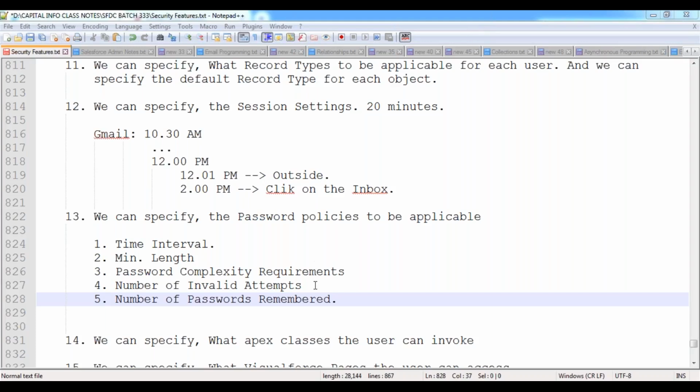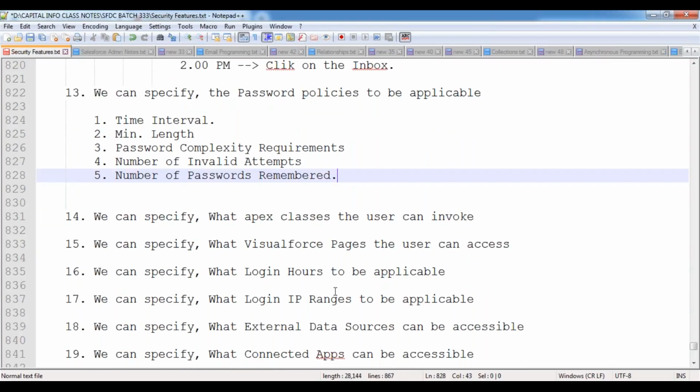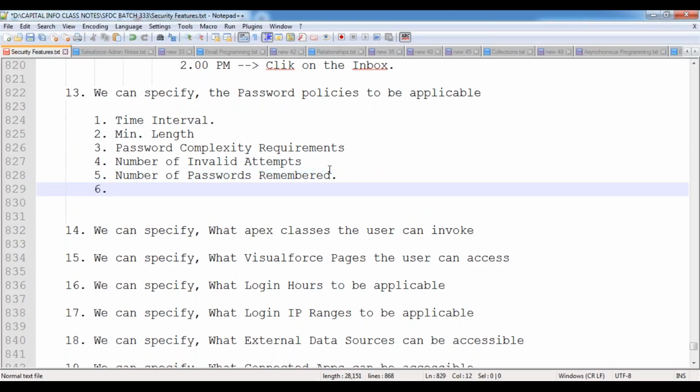So here, the number of passwords to be remembered, we can specify that option also. How many passwords have to be remembered, we can indicate. Suppose, for example, when you try to log in to the application with the wrong password more than the specified limit, then how long the application has to be in inactive status. Like for example, when you go to your bank account,